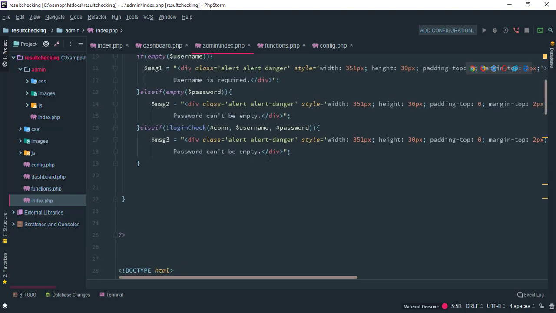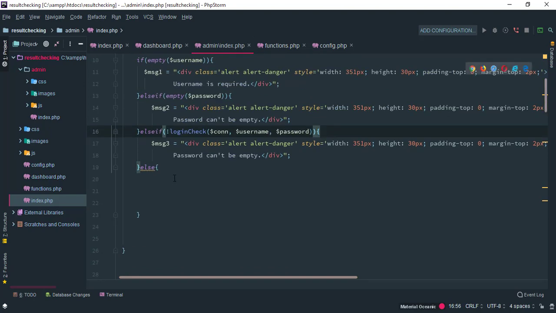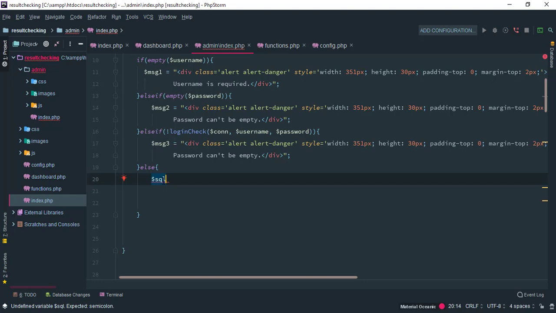Okay, now the last thing we're going to do here is an else statement. So if all of these validations passed, then under the else section we want to log the user into the system. Okay, I'm going to log the user in. So to do that, first of all, I'm going to quickly create a query here, to make sure that the password and every other thing